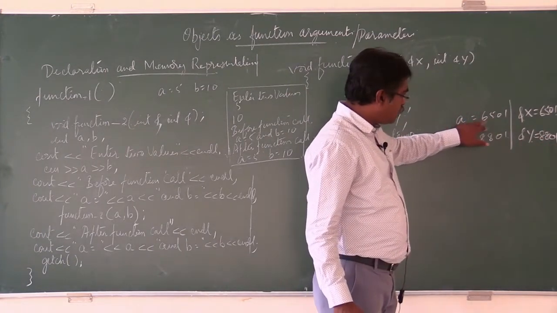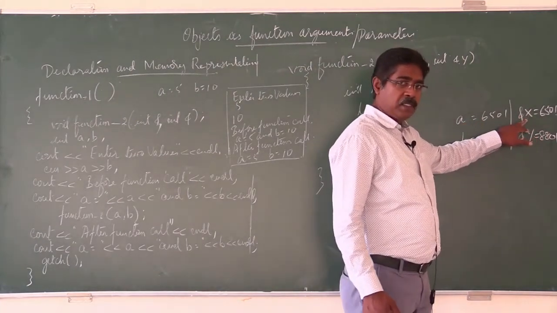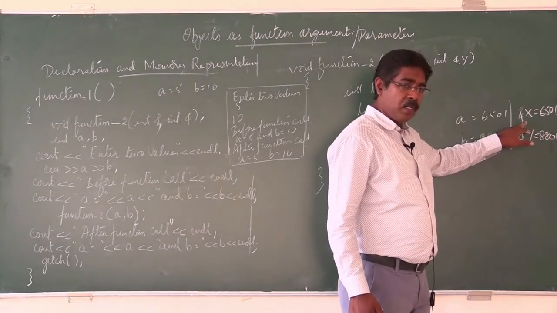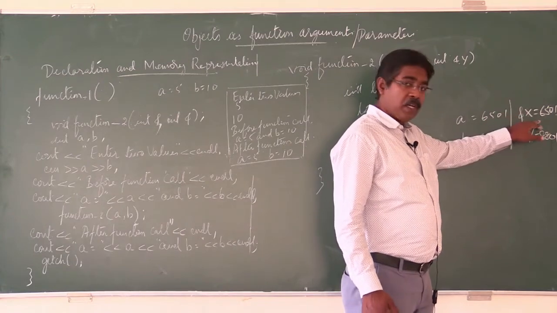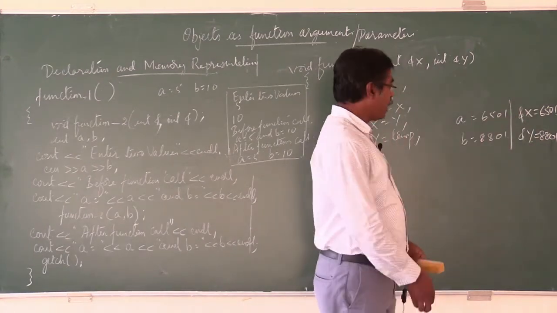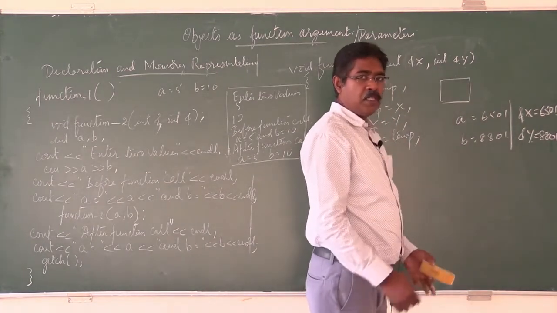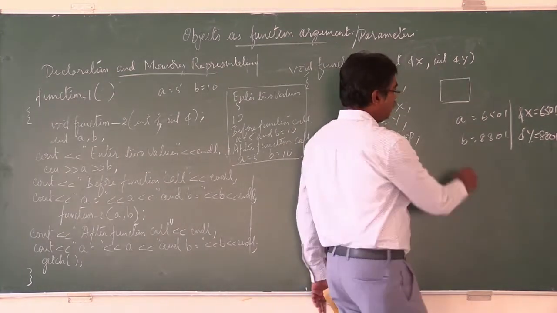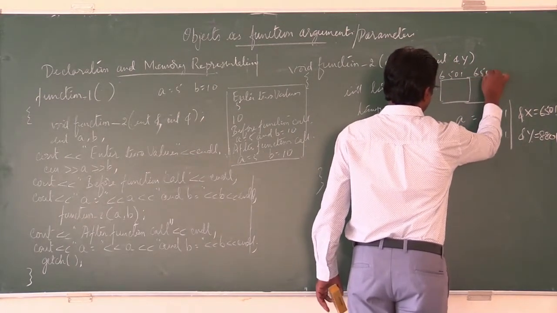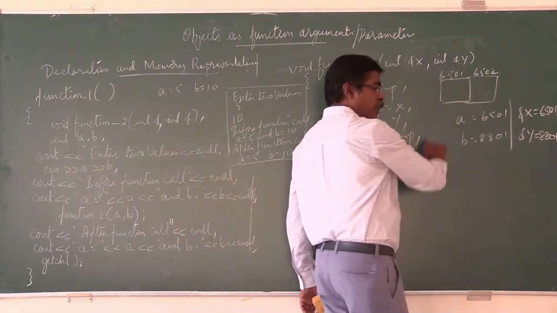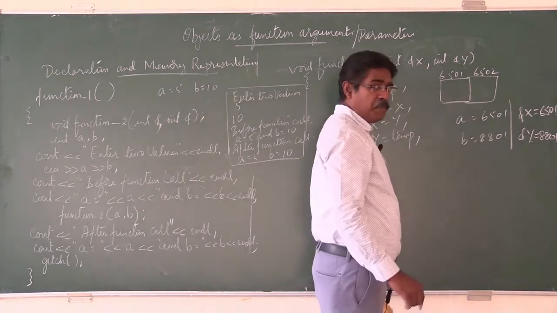Try to go through it. A's address is 6501. Likewise, the same reference, that is reference of A is x here. So both are having the same address, because in that address there is a value. As I said before, 1 byte, or for us it is 2 bytes since int is taken. So 6501 and 6502, we access by the first address only. 6502, the second address, is disabled.